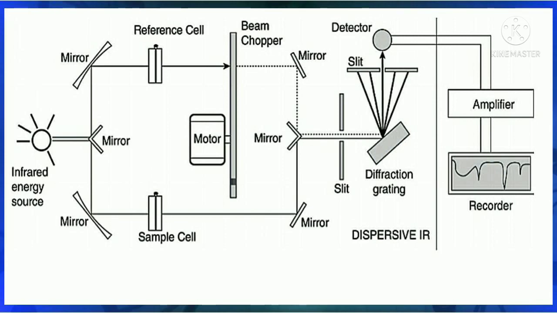Now coming to the sample cell, sampling can be done via four types: solid sampling, liquid sampling, gaseous sampling, and solution sampling technique. Well, in solid sampling technique, again we can do it via four types. Direct sampling, as the name suggests, we just put the sample and analyze it. Then there comes the pelletization technique. Well, here either KBr or NaCl are used for the preparation of pellets.